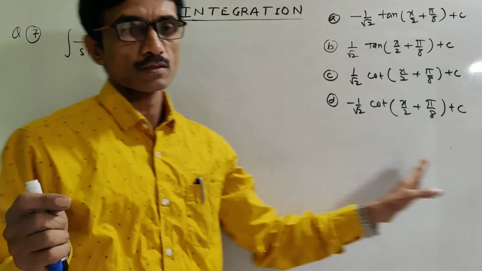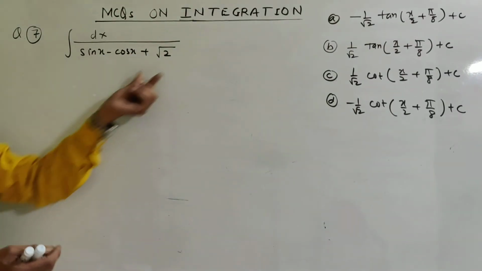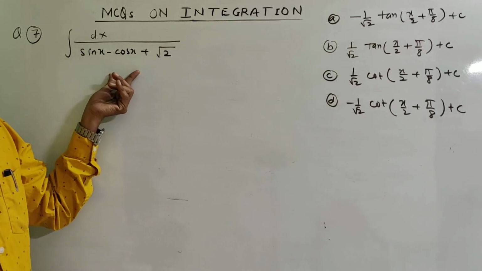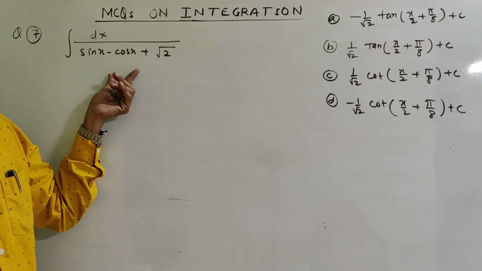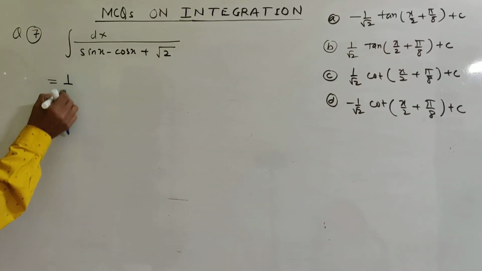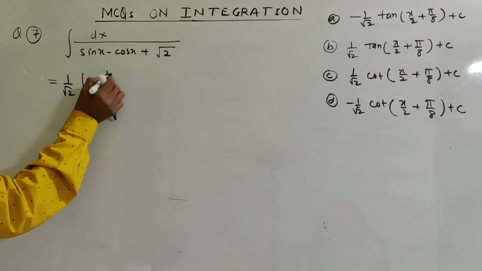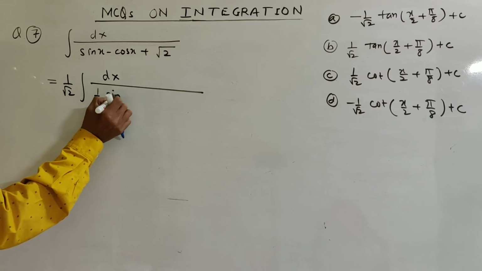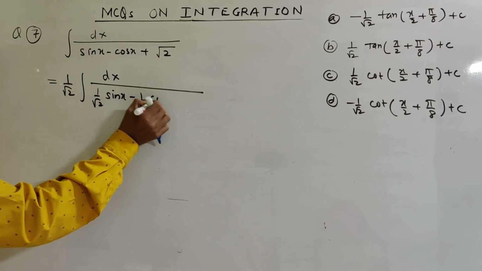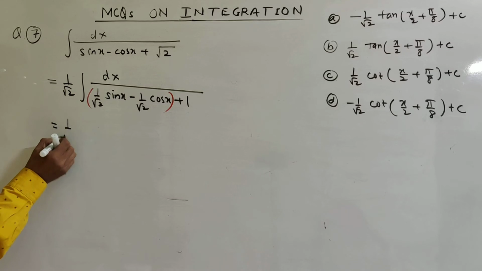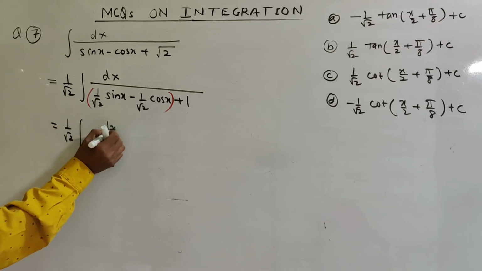Look at the options. You can guess that if we take root 2 common, then this is 1 by root 2, 1 by root 2. So that 1 by root 2 is sin pi by 4, cos pi by 4. So here we take root 2 outside, dx upon 1 by root 2 sin x minus 1 by root 2 cos x and plus 1. From these two terms, if we take minus sign common, 1 by root 2 integral dx upon